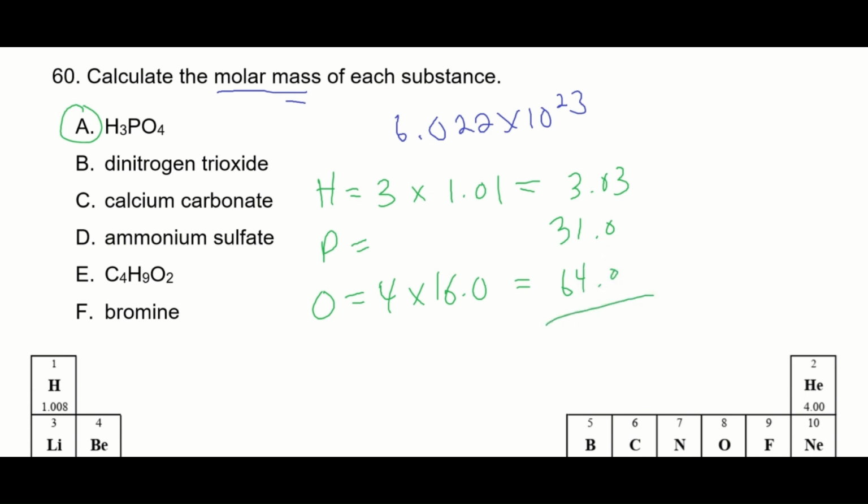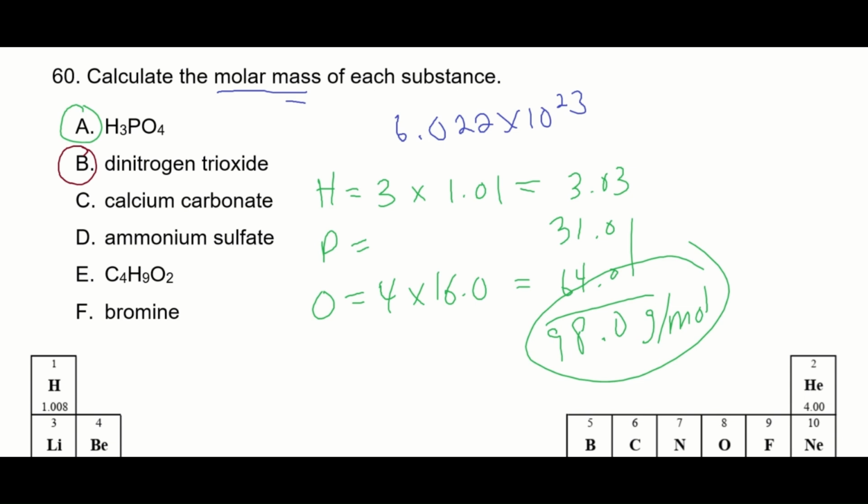All right, we don't know the precision to the 100th, so following significant figure rules, the molar mass of phosphoric acid is 98 grams per mole. So there's your answer to part A. All right, part B